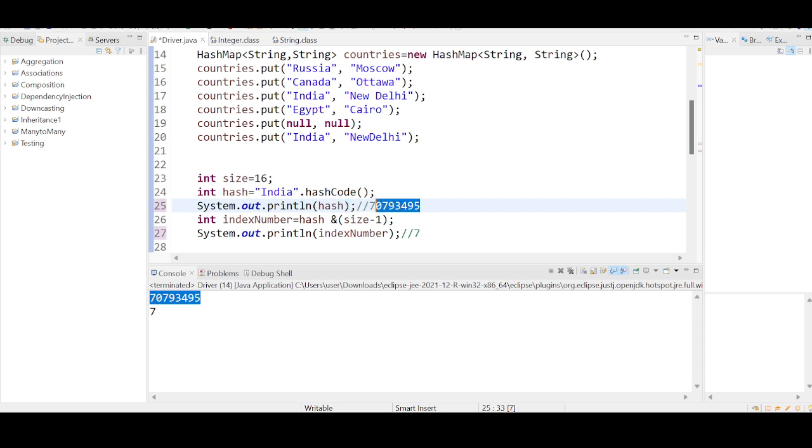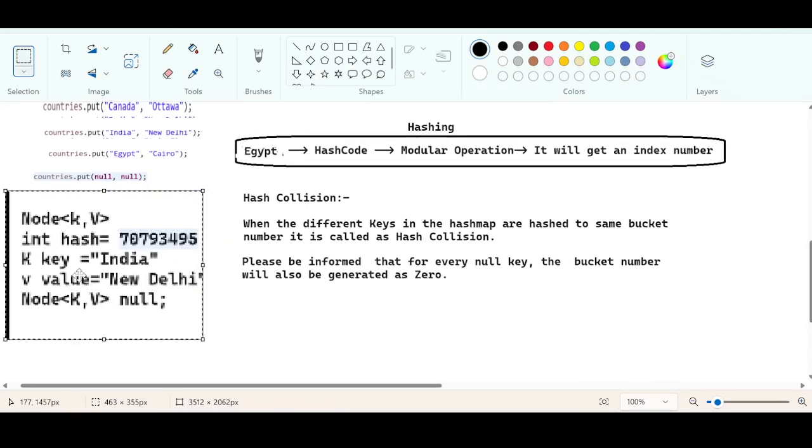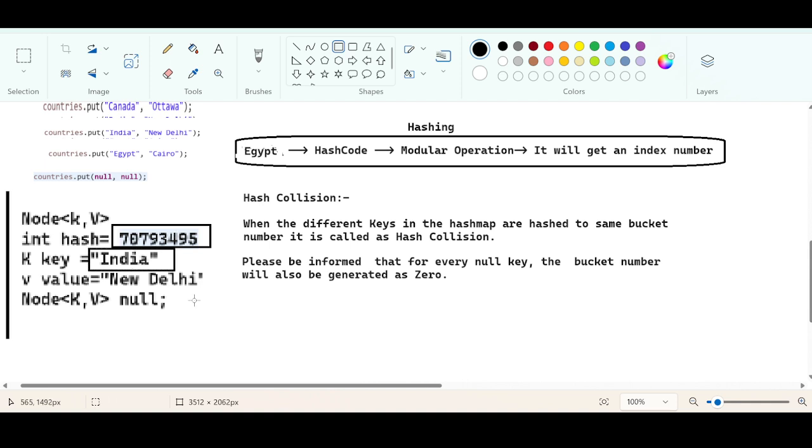Okay, so when it has the same hash code, what is it going to do? It is going to replace the value. In our case, the hash code is the same. See, the previous hash code is 7078345, right? Because the key is the same, the hash code obviously is going to be the same. But the value is the new "space Delhi". This will be removed, and the latest value that we have just added